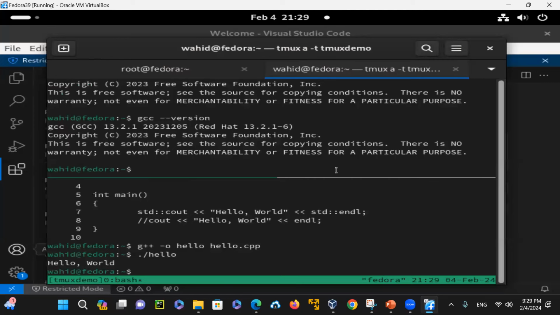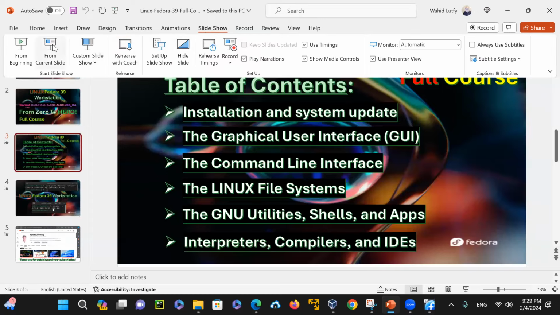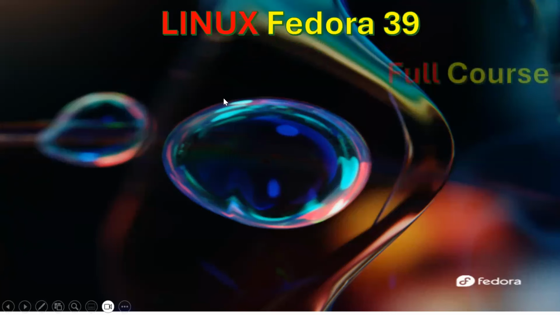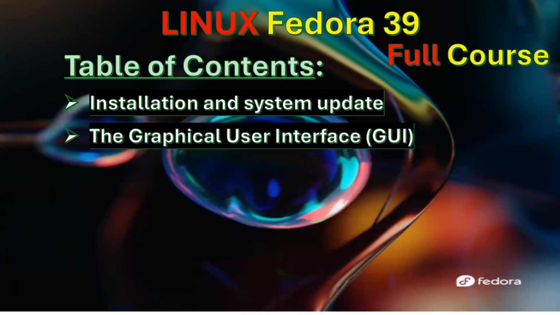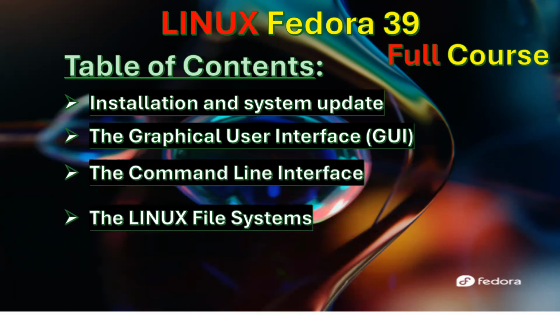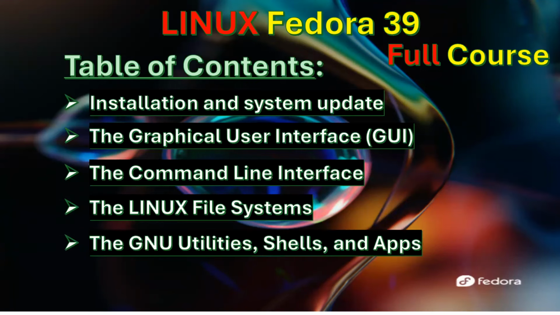I hope you like it so far, and then let me see if there's anything additional that I need to cover. Let me just go through the slideshow here from the current slide. We talked about Fedora 39. We talked about installation, system update, the graphical user interface, the command line interface. Obviously, there's a lot in the command line interface. We cannot finish it in some days, in some weeks, if we have to do everything, but those are there. The Linux file system we talked about, the GNU utilities we talked about, the different shells we talked about,